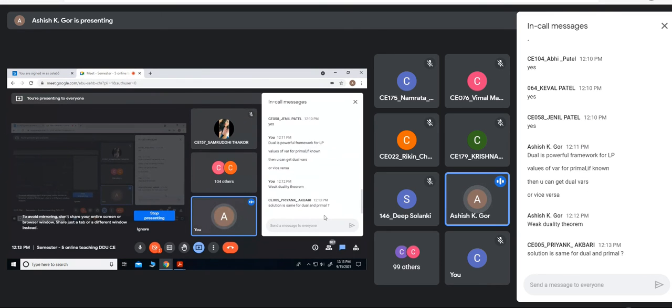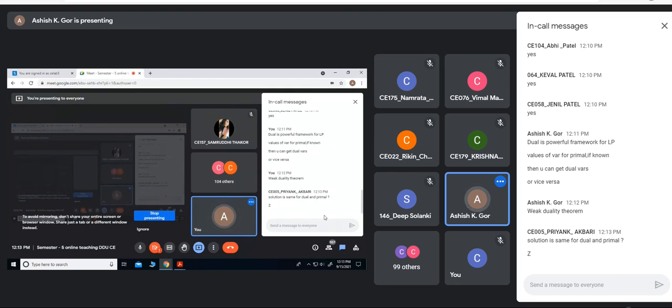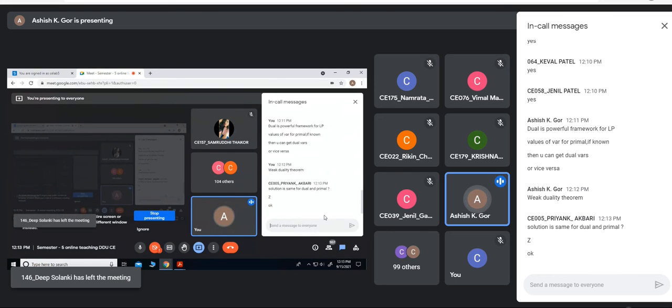Yes, Priyank. The solution is same, means don't get confused. Solution means, are you talking about variable values, Priyank? Yes, Z will be same. That would be same. For linear programming, remember again I am speaking, listen carefully. For linear programming, primal solution at optimal and dual solution at optimal are same, means the Z is